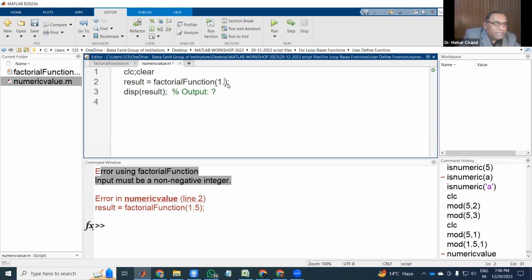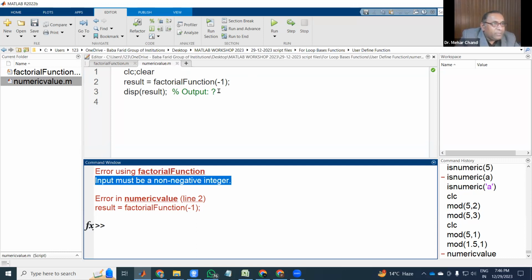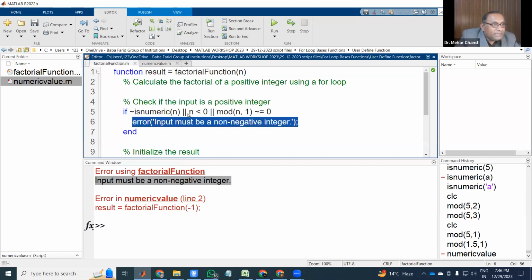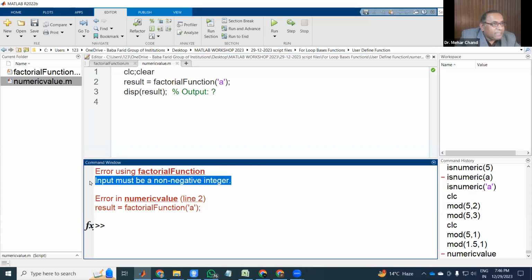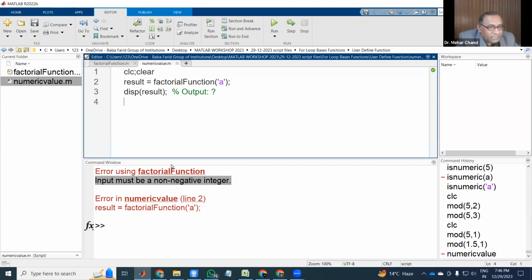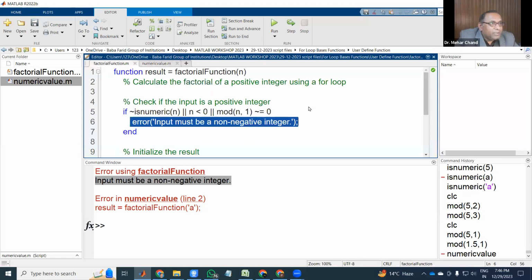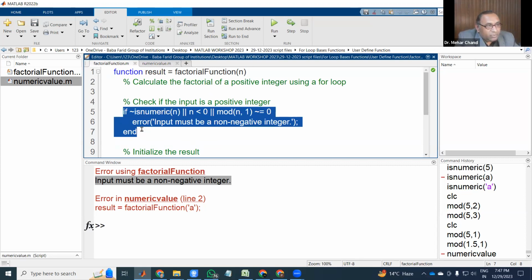If you are entering -1, I am passing the value -1. See what happened? We have the same message. You can check it. Now the value of -1 is less than 0. This condition is satisfied. That's why we have this error message. If you are passing any string, we have now a string, and you will get the same message. So all these conditions we have to define while writing the program. We define at this place when all these are justified, only then